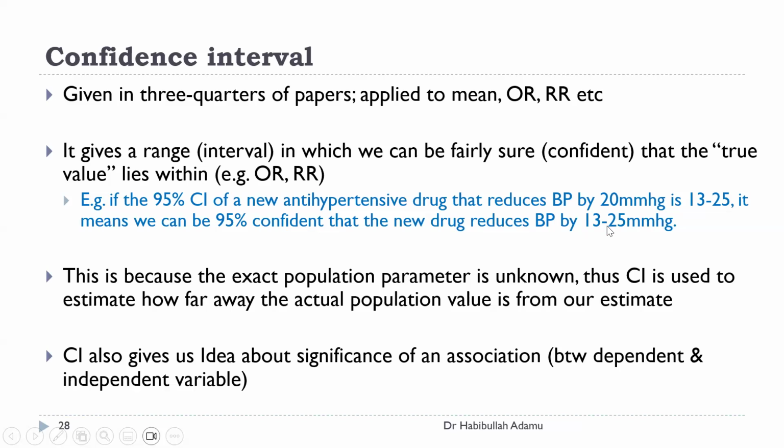And when you look at this range, 13 to 25, it includes the 20 that the new drug, the average blood, the new drug is cost. So in actual sense, all we are trying to look at in confidence interval is that value, if we say your mean is 3, you look at the confidence